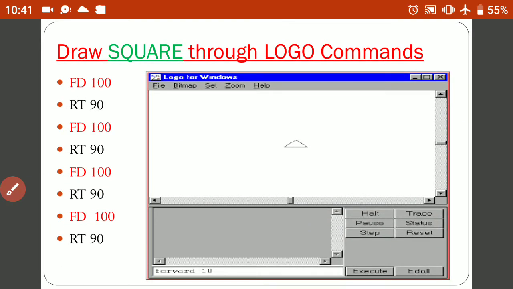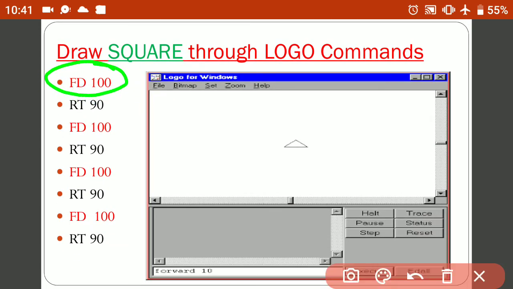Now let's move to the next point. Now let us take an example to understand how to draw a square through Logo commands. Now you can see in the pictures it is a Logo screen, and my first command is FD 100.